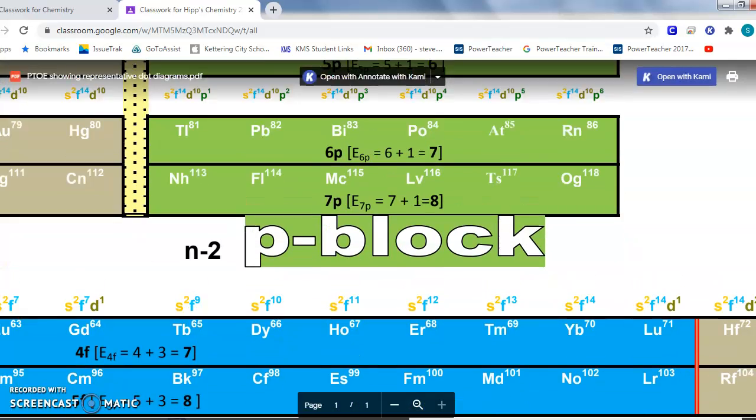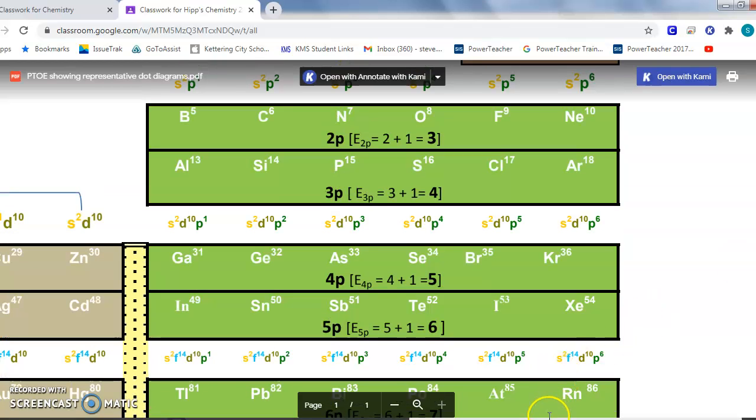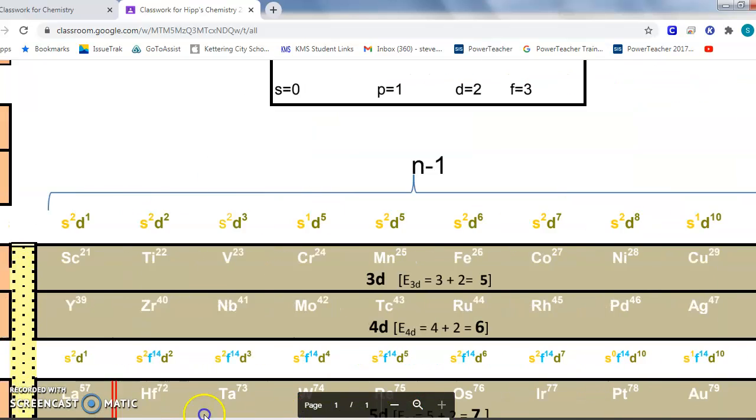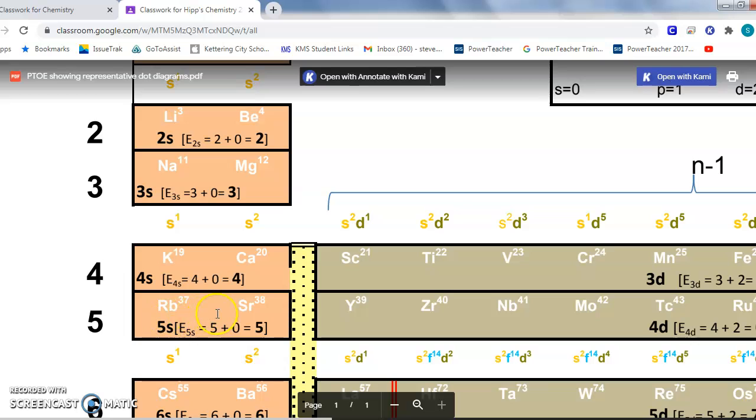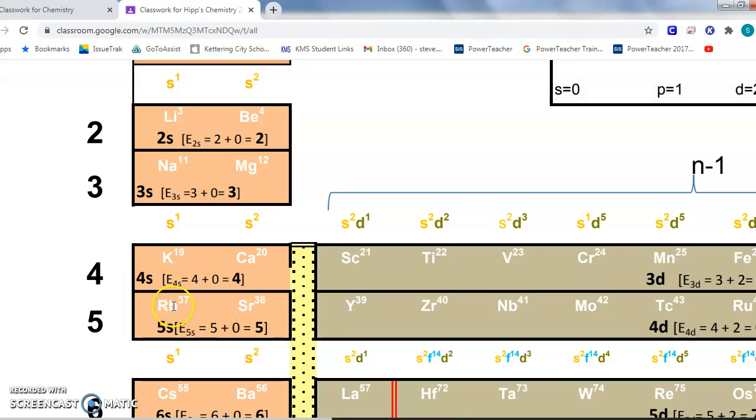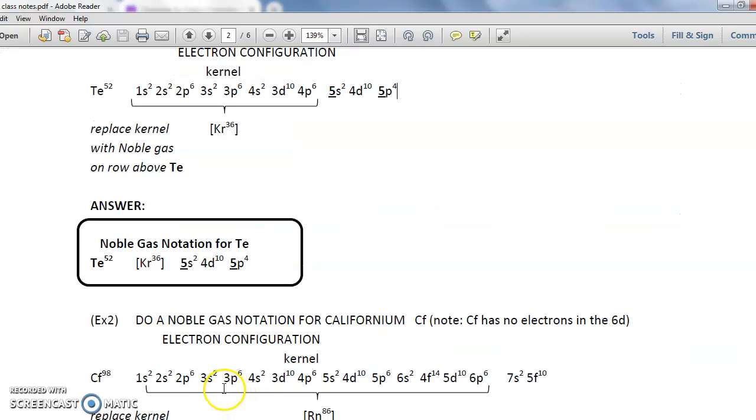So after 36, 37 and 38 are right here, rubidium and strontium. That's the 5s. There's 2 elements there, so I would write 5s2. After those 2 elements,